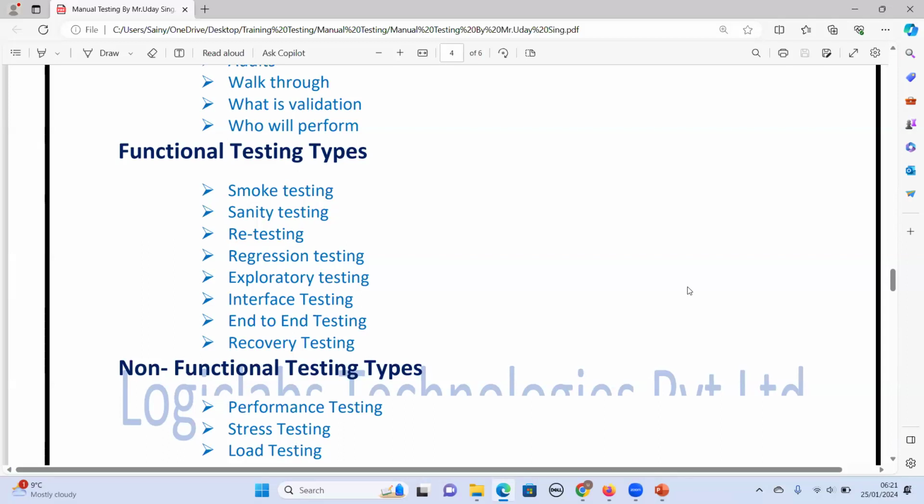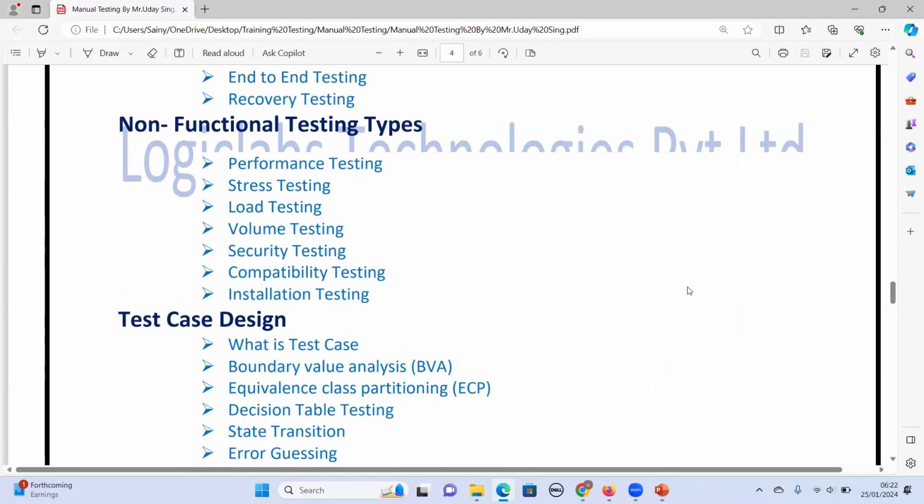If you want to gain more knowledge, I will share a document with all the other testing types, and you can search the internet too. But I'll explain these functional testing types: smoke testing, sanity testing, and regression testing are the main ones, used in project testing, application testing, or web testing.